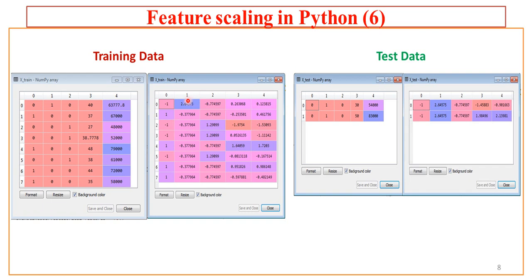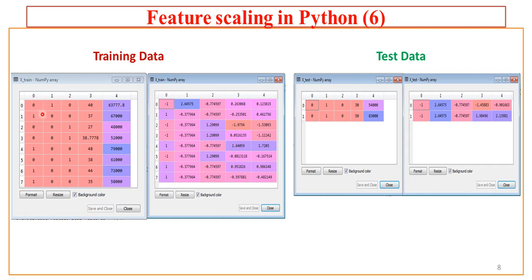So here we have 4 snaps. First snap is of x underscore train before applying the feature scaling. If you see carefully, these are the categorical variables called country. We are having 3 countries, so that's why our categorical variables are saved in the form of 3 columns 0, 1 and 2.